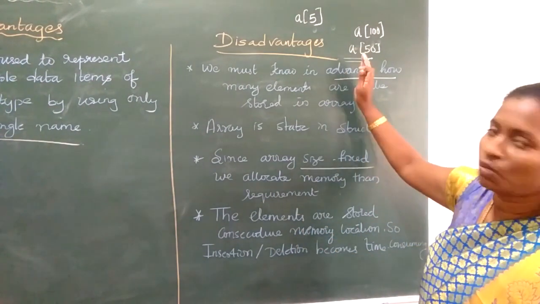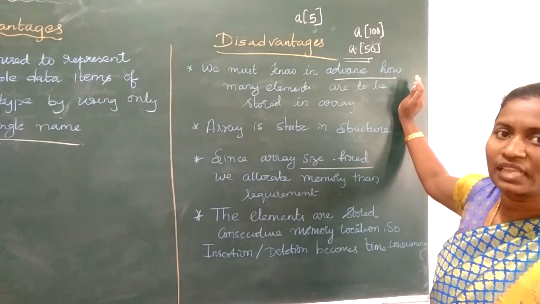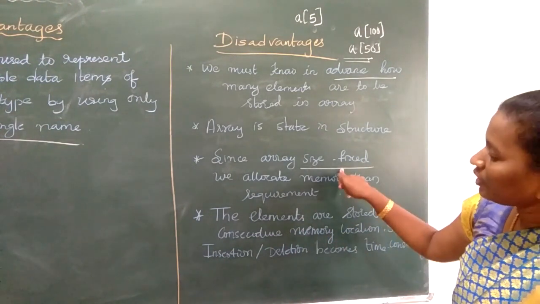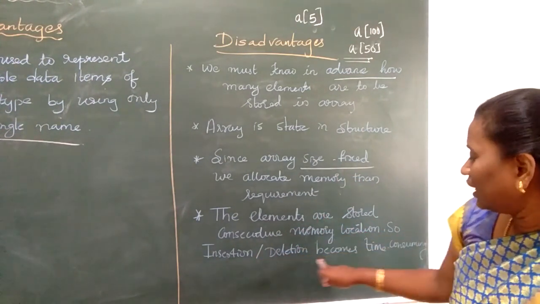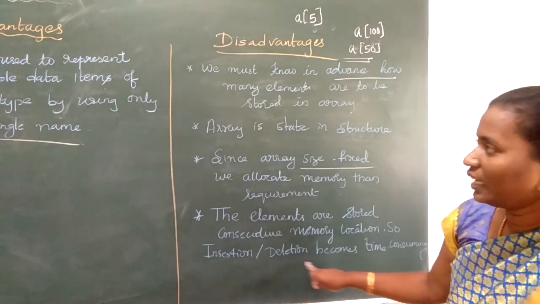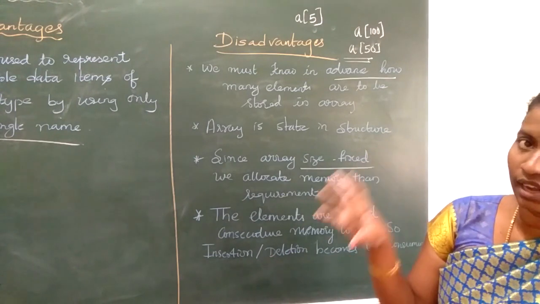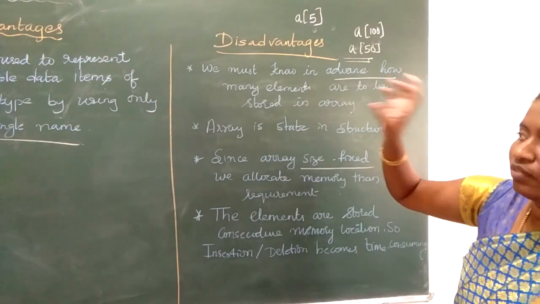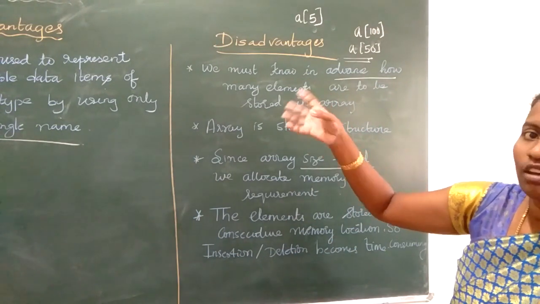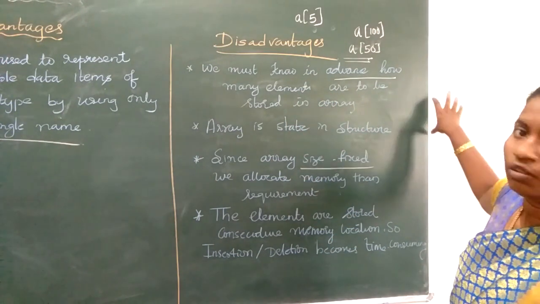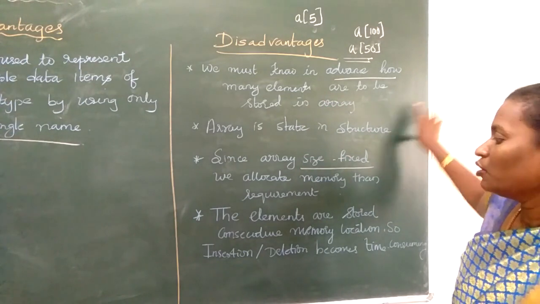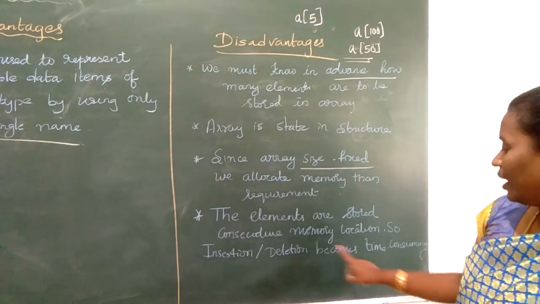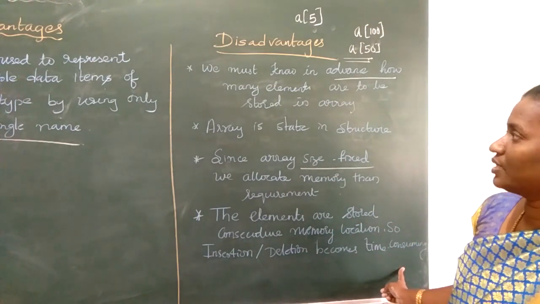Next, the elements are stored consecutively. Consecutive means one after the other we store the array elements in a linear fashion, in a continuous manner. So that is a problem when insertion and deletion come. Why? In trees or graphs, the elements are randomly stored. So there, whenever we want, we go to that particular node, and we can delete or add. But since in an array we need to traverse in a linear fashion, the insertion of an element as well as the deletion of an element becomes time consuming. That is your next disadvantage.